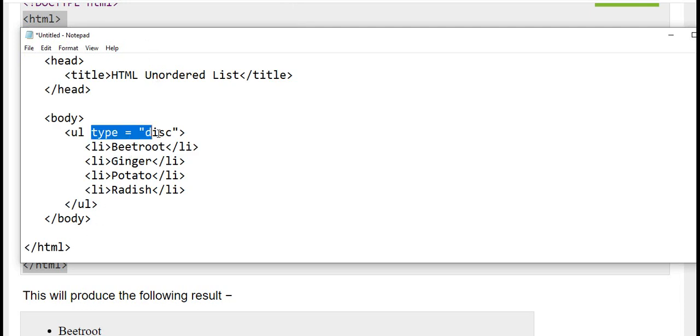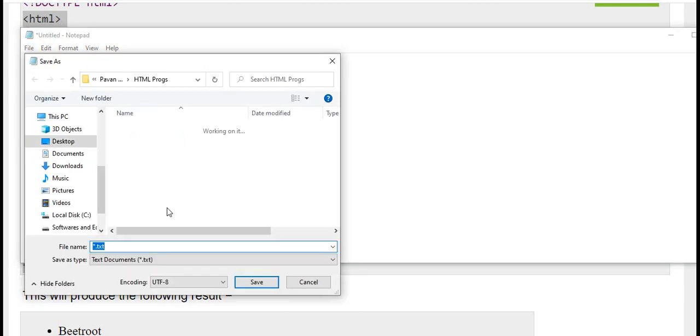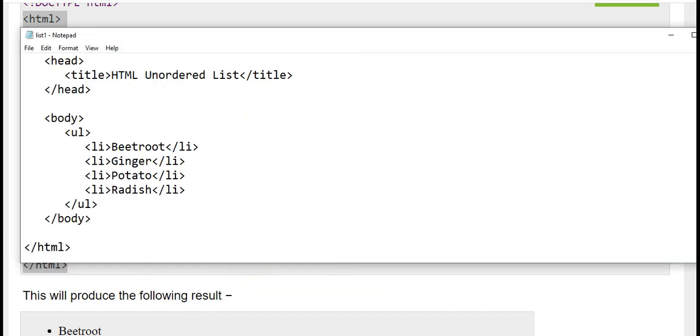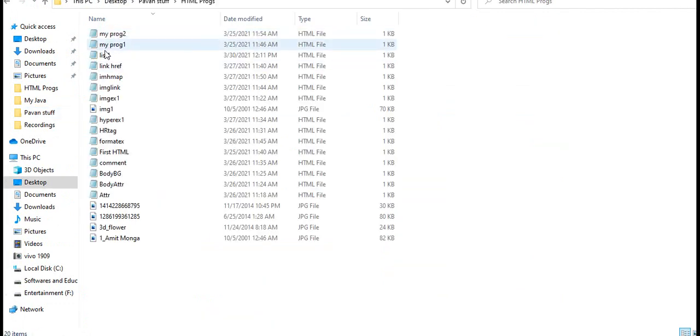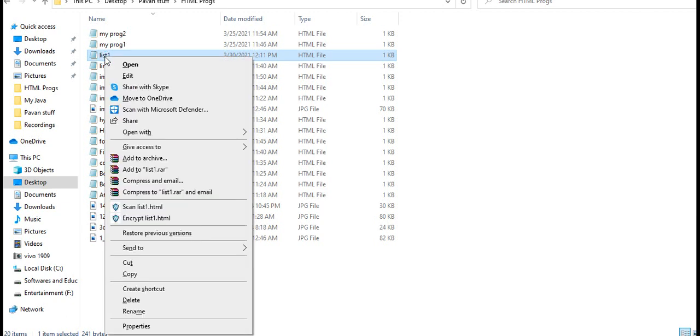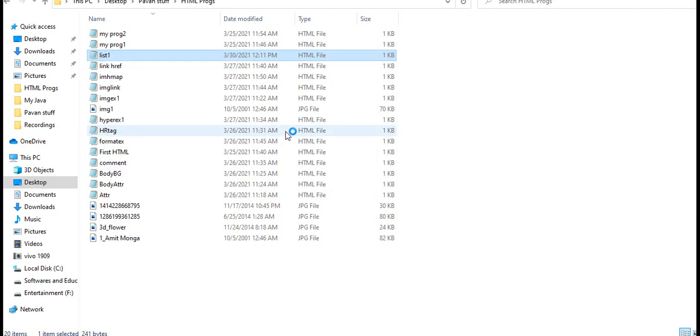First I will remove this. I will have only the UL tag, unordered list. File, save. I am going with list1.html. Save. I go to that folder, right click list1 and open with a browser.